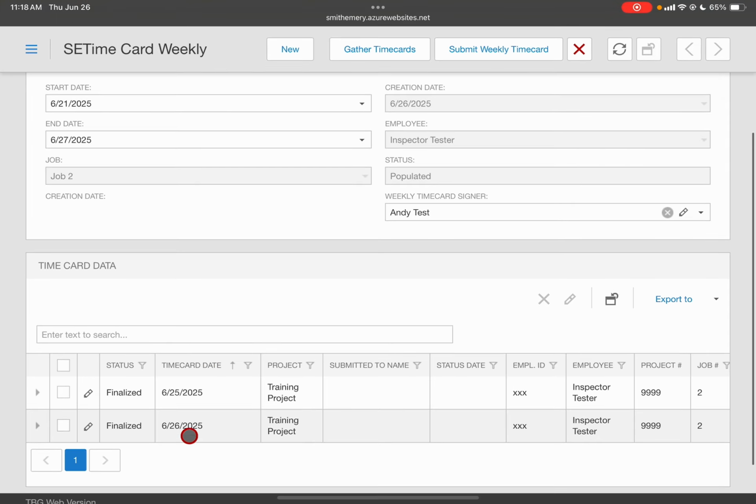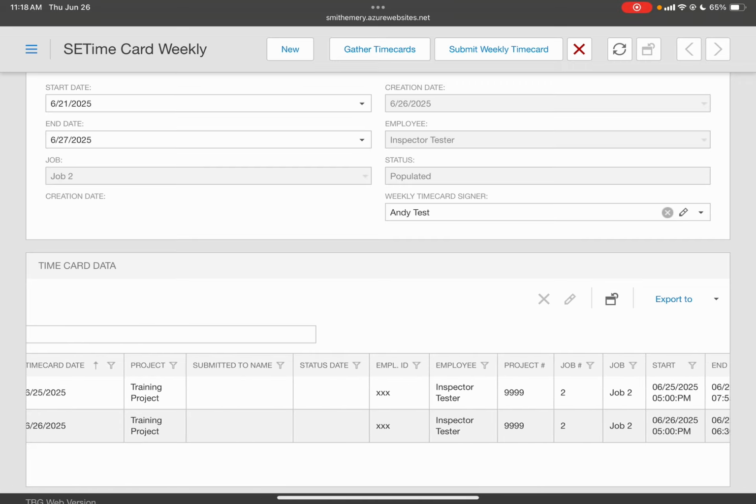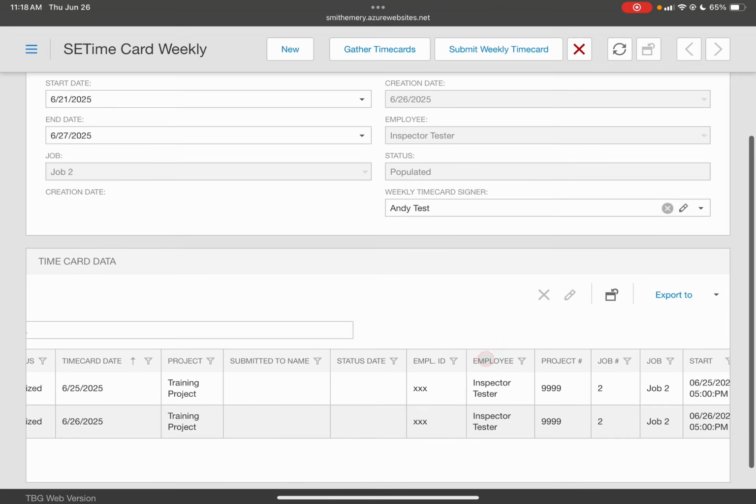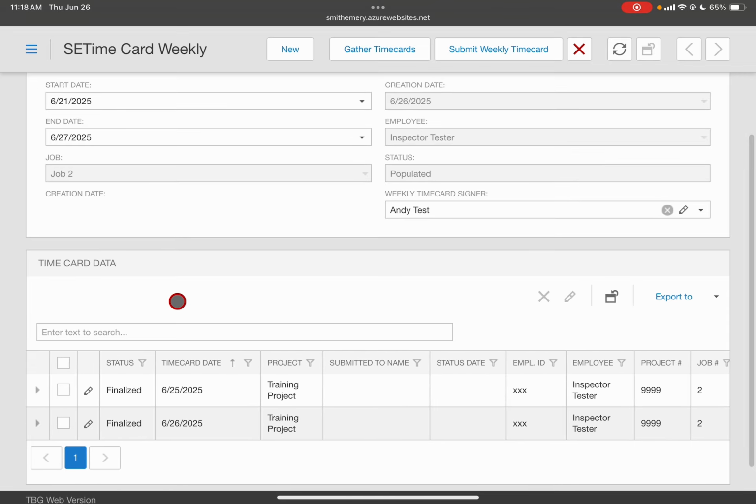So if you worked 5 days, you should count 5 time cards here. We'll get this view to be a little more useful so you can also review your start and end time and all that. If you're missing some time cards, we'll talk about that in a second. But if you only did work 2 days, that looks good, you could go ahead and submit